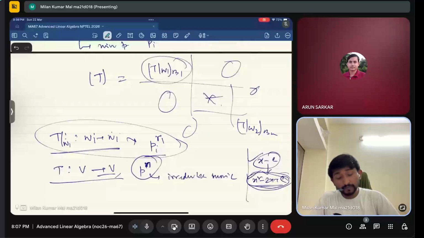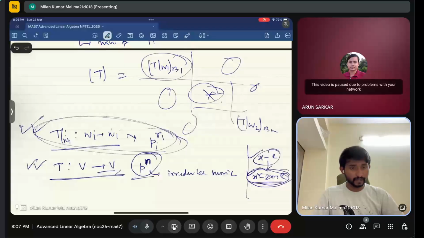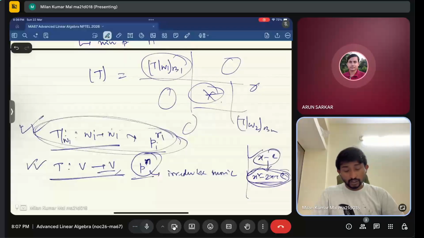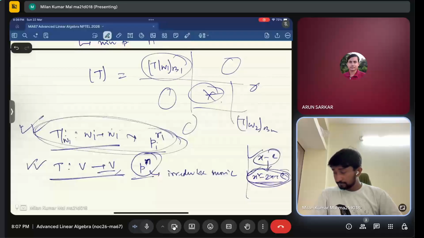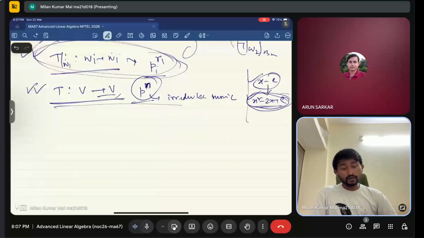So now the target is, P is an irreducible monic polynomial. Suppose we have this fact, then how do we get the simplest form of the matrix? This is our target. To fulfill this target, what do we have to go through? We have to go through the cyclic decomposition theorem. The cyclic decomposition theorem says